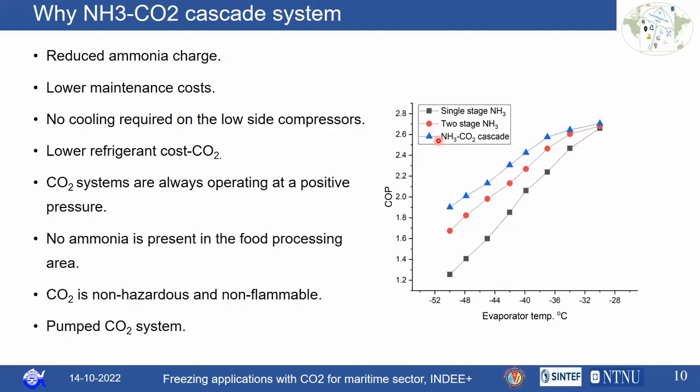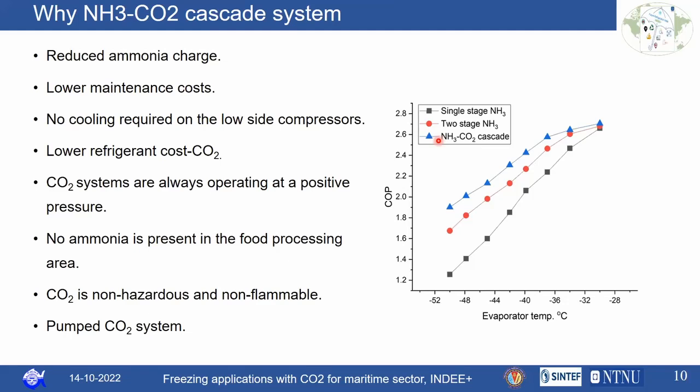When the system is operating below the atmospheric pressure, there will be a chance for moisture ingression, or a chance for moisture to enter into the system, which may cause failure of the system. So up to a temperature of -20 degrees Celsius, you can have the full ammonia system. Below that, the positive pressure system will be very effective. And the other advantage is that this ammonia won't be present in the food processing area where they will be loading the seafood and everything. It will be in a separate engine room, and the CO2 will be in the seafood processing area. And as you know, CO2 is non-flammable, non-hazardous, and you can also adopt a